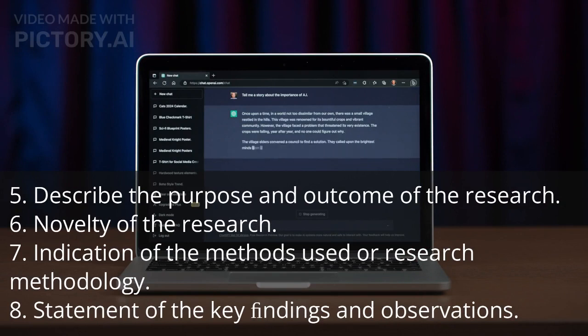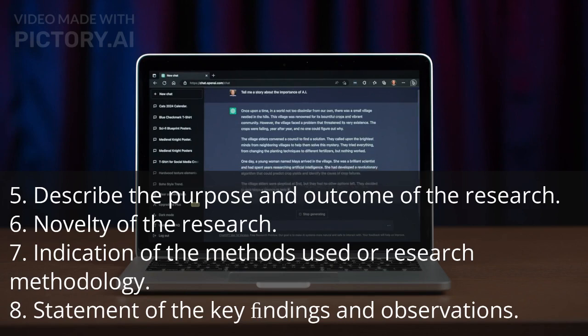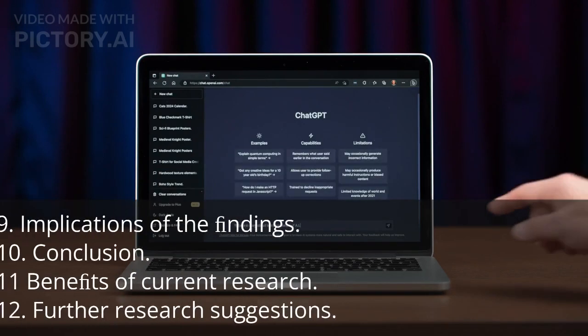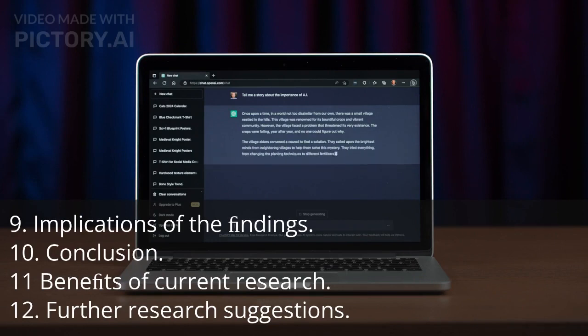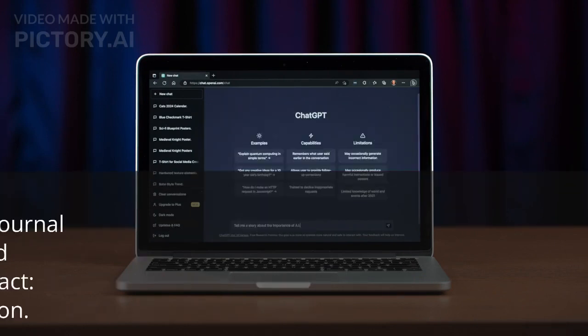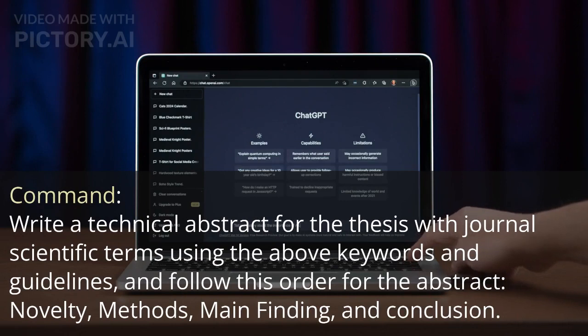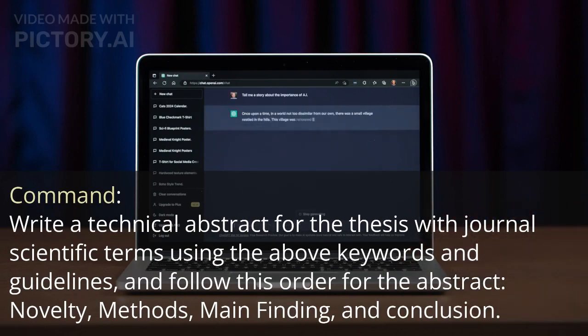Point 7. Indication of the methods used or research methodology. Point 8. Statement of the key findings and observations. 9. Implications of the findings. Point 10. Conclusion. Point 11. Benefits of current research. Point 12. Further research suggestions. Command. Write a technical abstract for the thesis with journal scientific terms using the above keywords and